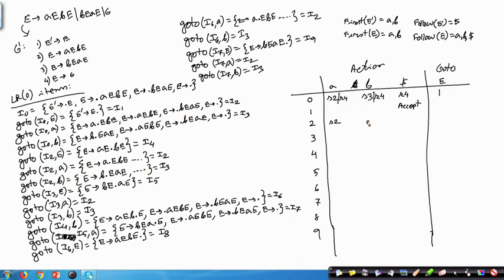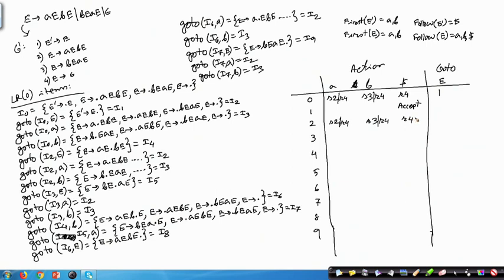So, this is shift 3, and then I have got this rule E dot. So, the follow set I have to see, the follow set of E is A, B and dollar, there I will have to do reduction by rule number 4. So, all these are to be added, reduced by rule number 4.